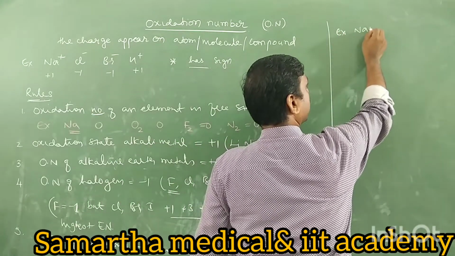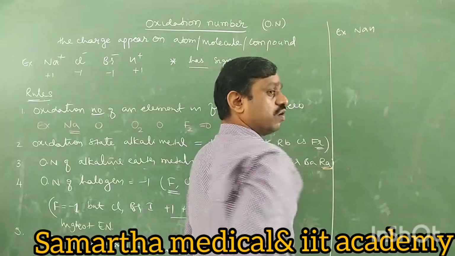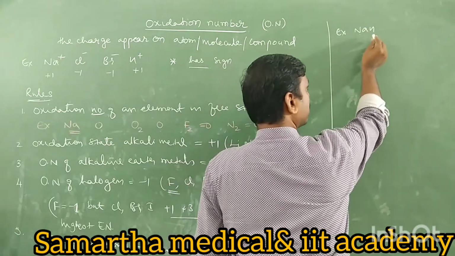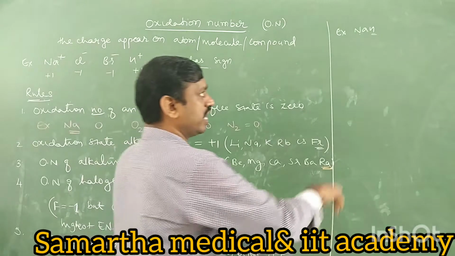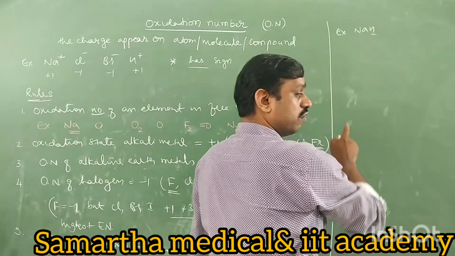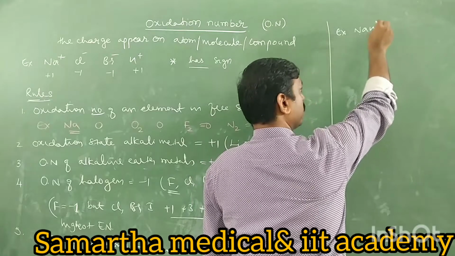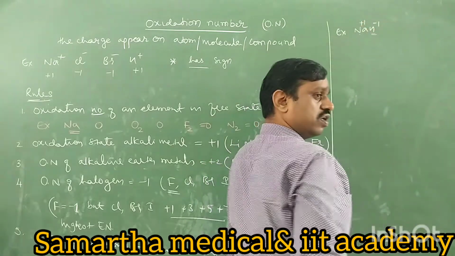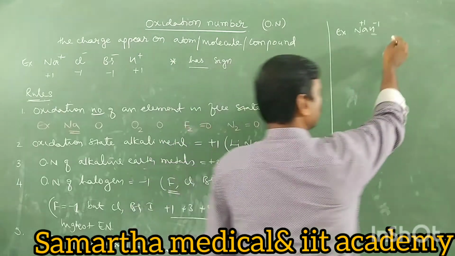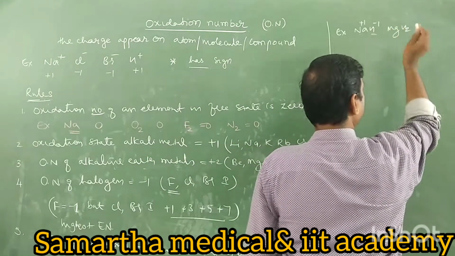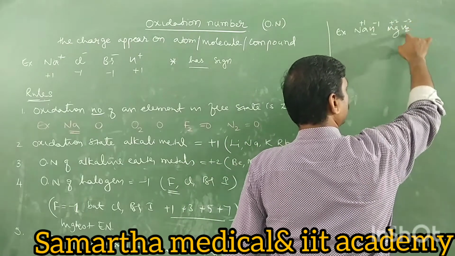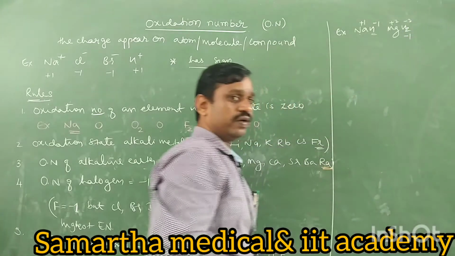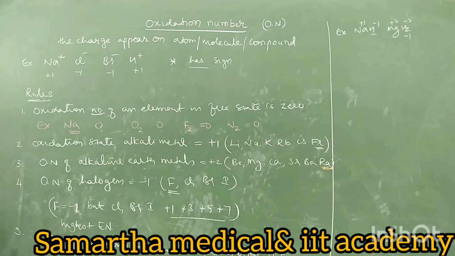Like sodium hydride. Sodium is a metal and hydrogen, it is called metal hydride. The meaning of metal hydride is hydrogen combined with metal. In case of metal hydride, metal must be positive. When metal is positive, hydrogen must be negative. It is plus 1, it should be minus 1. In such case, hydrogen has minus 1 OS, whereas in MgH2 here also the same. So this is plus 2, it is minus 2. 2 hydrogen minus 2, 1 hydrogen is minus 1. Like that, hydrogen can also exhibit minus 1 oxidation state in metal hydride.